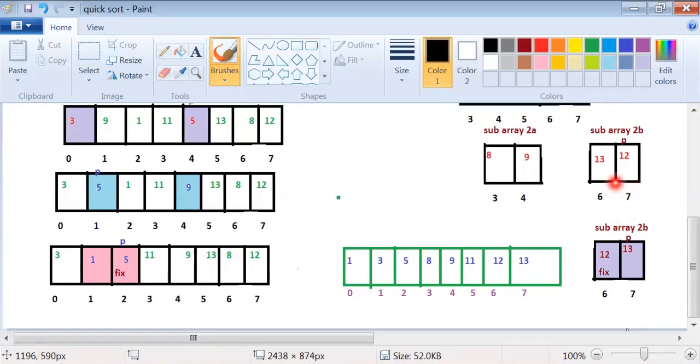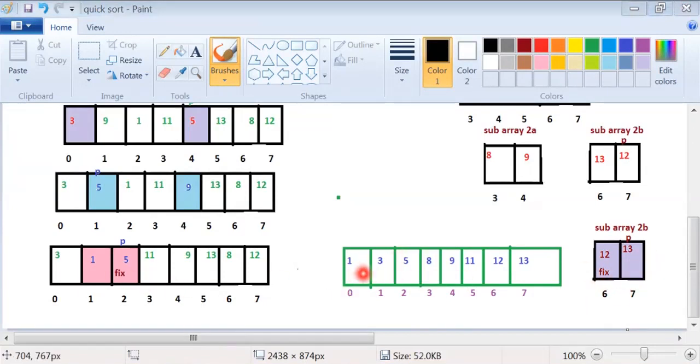Then 12 swaps with 13, so the values are changed with each other. Then the array is sorted.